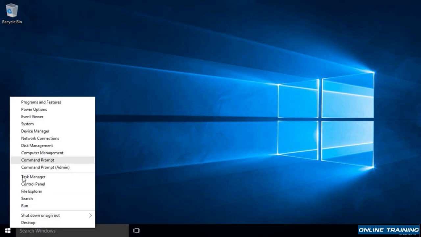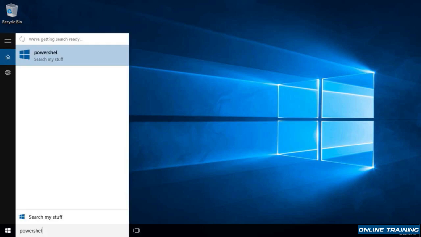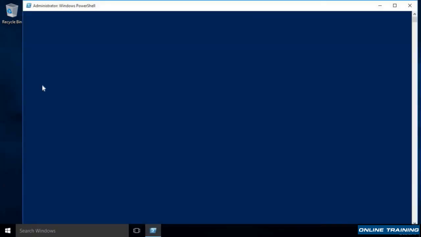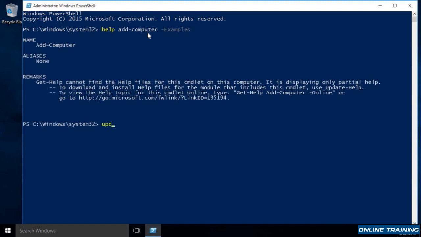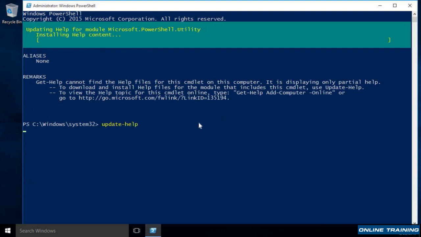Now let me show you, let's open up just Windows PowerShell. In Windows PowerShell, we'll be spending a little bit more time on this later, there is an Add-Computer cmdlet. So the Add-Computer cmdlet can be used to join the domain. So I'm just going to go help Add-Computer -Examples. Okay. And looks like we're going to have to go update help and let it go through and do the